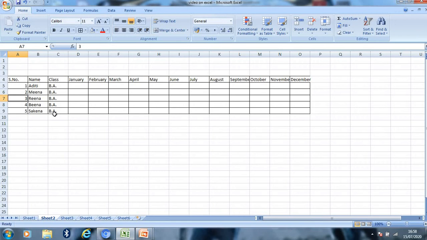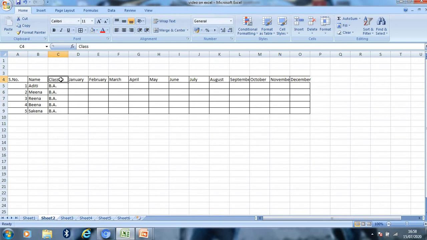Now inserting and deleting rows and columns. If I want to insert an entire column, or if I want to insert an entire row to my worksheet, how can we do that? Simply, we have to select a particular cell.